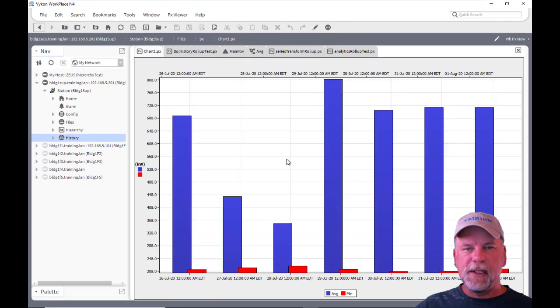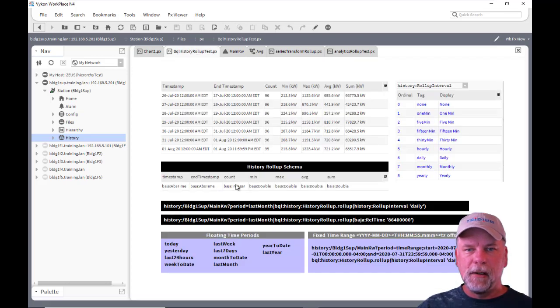And you can see now that on this legacy chart, I'm showing the min with the red bars and the average with the blue bars. So it's using that BQL query with the history rollup function, which is returning a table essentially with this schema, and then the chart binding is extracting a specific column out of the schema and plotting the values on the